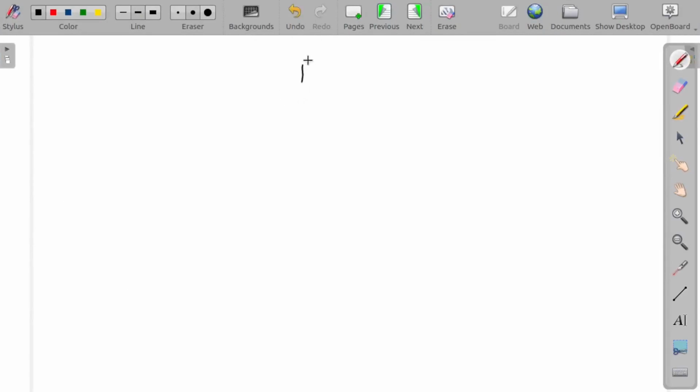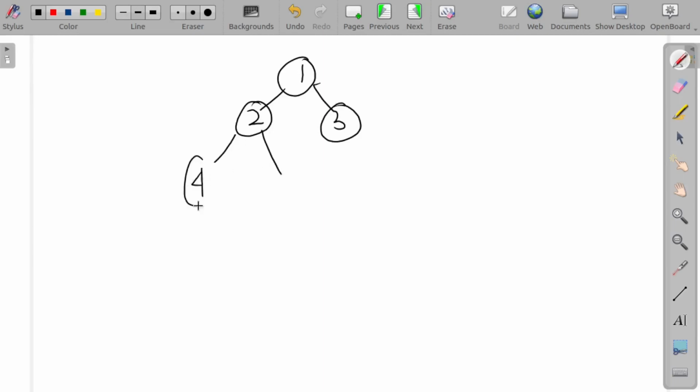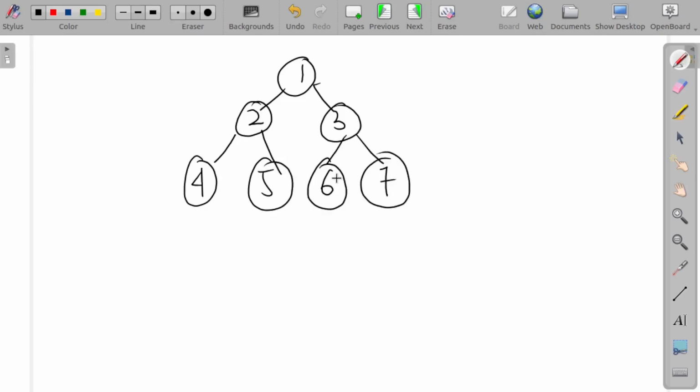Suppose 1, 2, 3, 4, 5, 6 and 7. So according to the zigzag traversal, first it goes to there, then it goes to there, then it goes to there. So I am trying to solve this problem as a level order traversal,